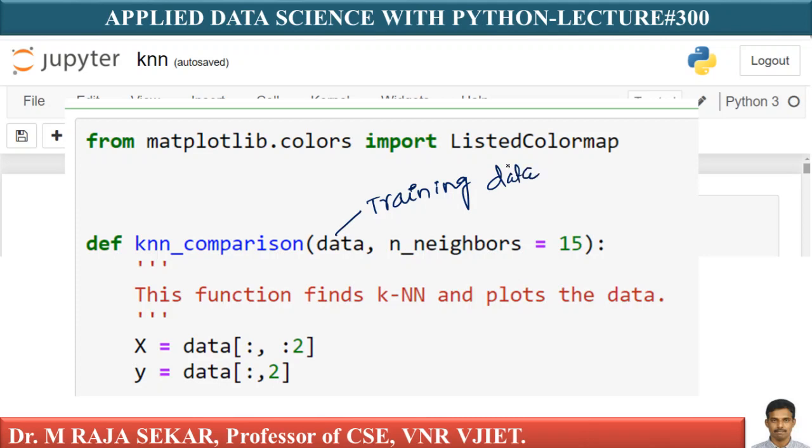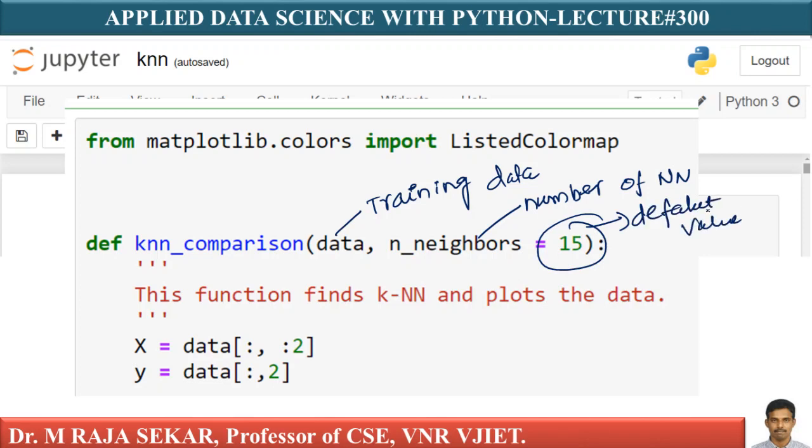This is my user defined function. It takes the training data, that is data, and the number of nearest neighbors. This is the number of nearest neighbors with a default value; I am keeping the default value as 15. Here are my x and y.